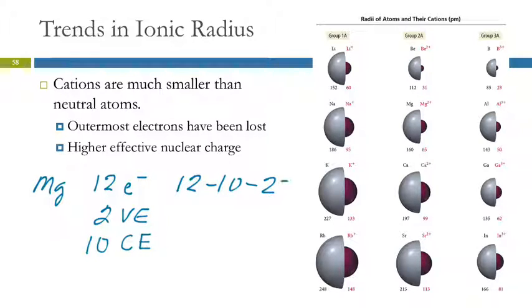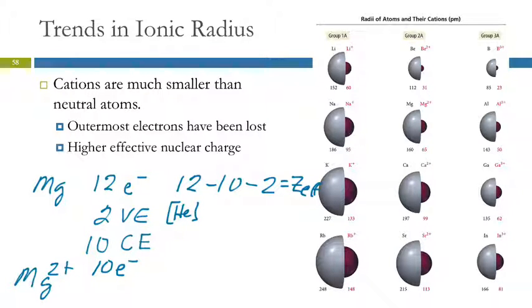Right? That's the effective nuclear charge. Well, what about the magnesium ion? We lose those 2 valence electrons when it becomes an ion. So now we've got 10 electrons total. How many are valence? 8. Right? Because when you take those 2 electrons off,